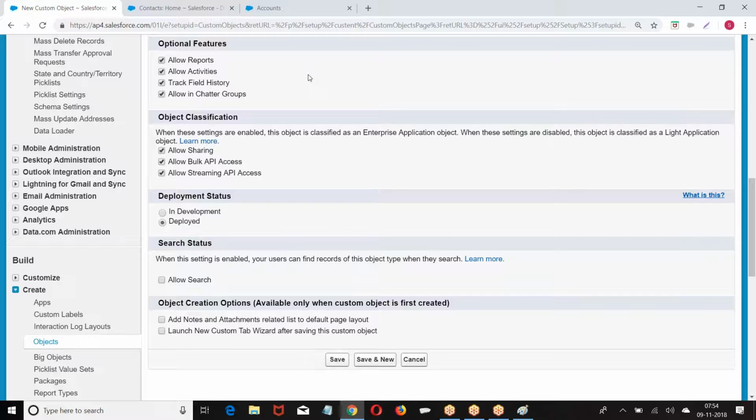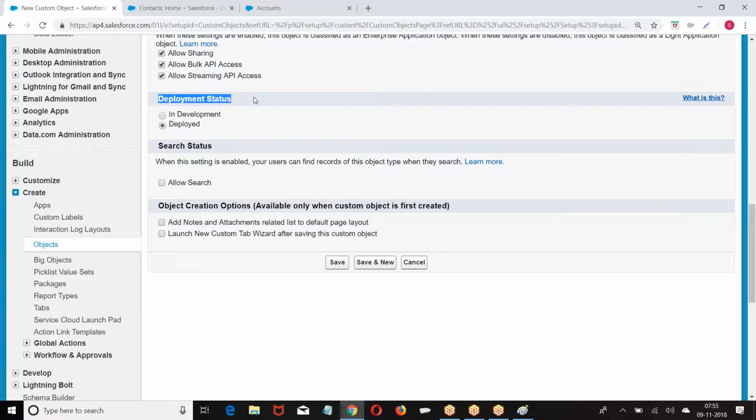If you disable any one of it, the rest of the two also will be disabled, so it is Lightning. If you disable any one of the three options, it is a Lightning application object. Enable three, enterprise application object. Disable any one of it, Lightning application object. I hope you are clear.